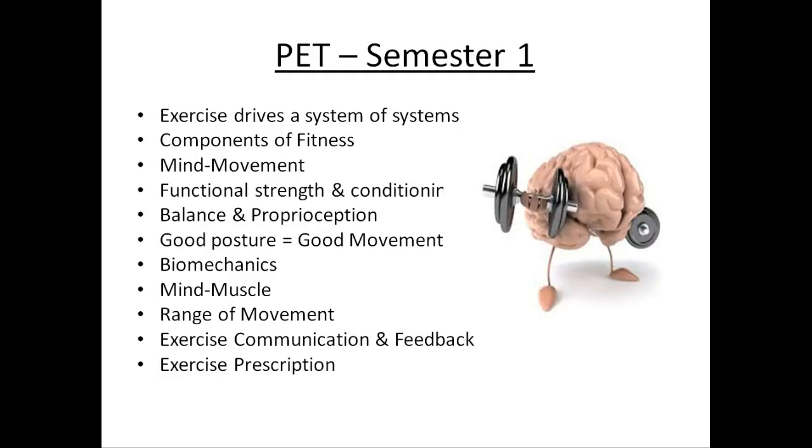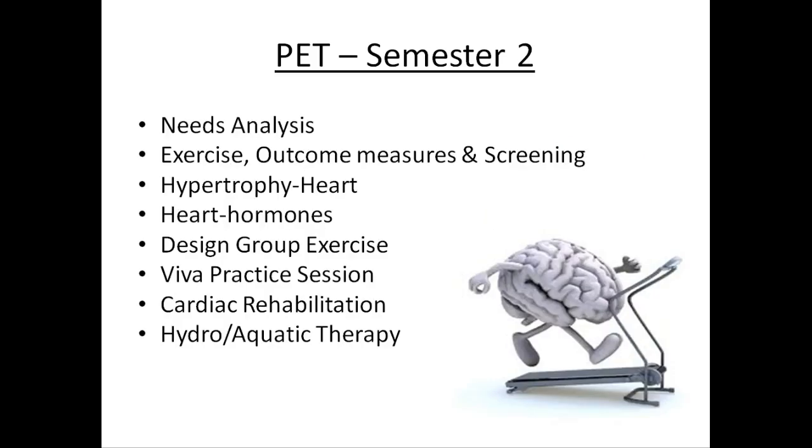So in the first semester you're going to learn that exercise drives a system of systems. Fitness is made of 10 different components. You're going to discover that the mind has a connection to movement. We're going to cover functional strength and conditioning. We're going to cover balance and proprioception. That good posture comes from good movement, human biomechanics, the mind-muscle connection, range of movement, exercise communication and feedback, and finally exercise prescription. In the second semester, we'll be doing the needs analysis of a patient, exercise outcomes and screening,